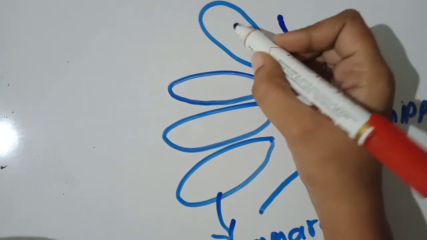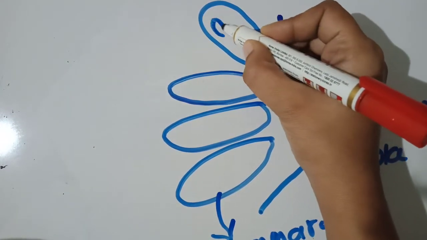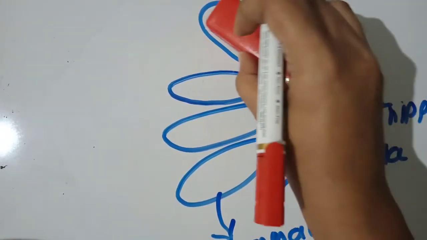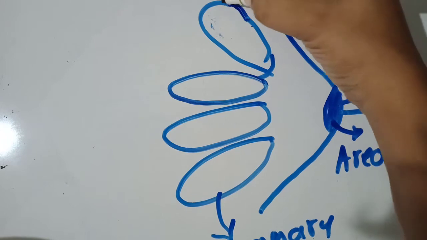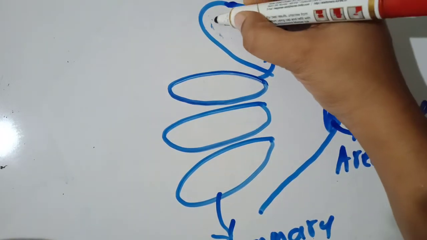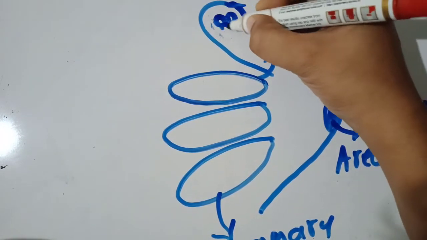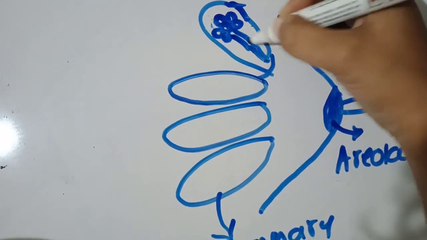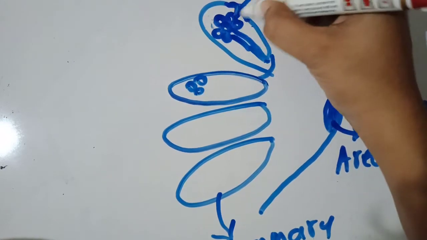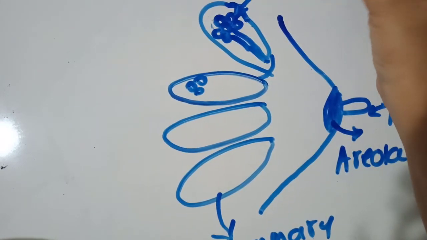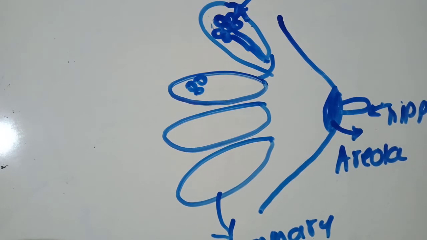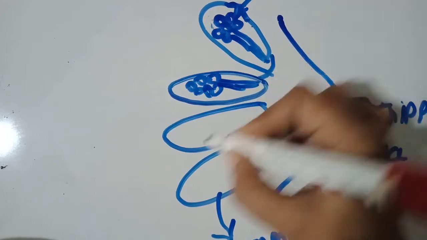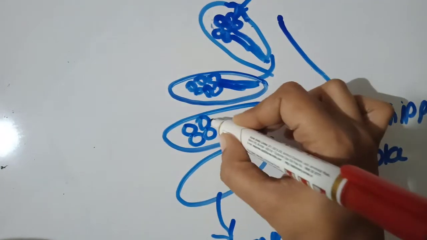Inside the lobes there's a presence of lobules. Inside these lobules there are hollow cavities, cells that are filled with cavities. They are called alveoli. Just like the lungs have alveoli, the same thing, they have hollow cavity-like structures, cells containing hollow cavities.